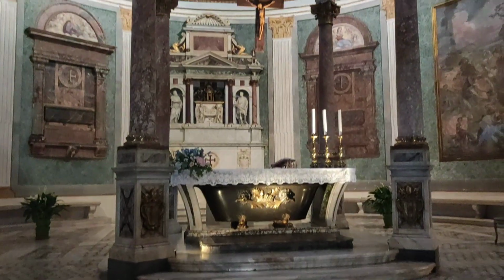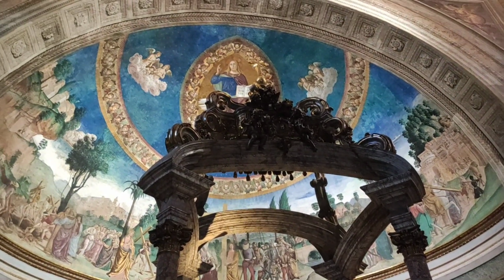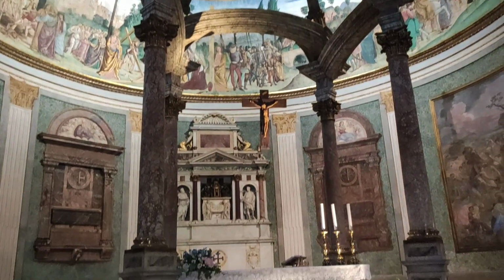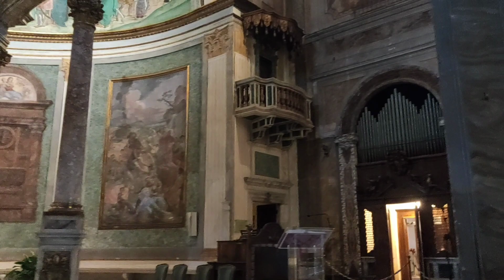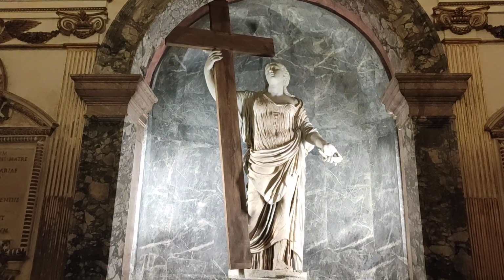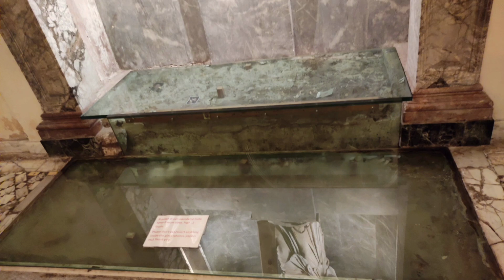So from there we entered the main basilica. The interior of the basilica was beautiful, beautiful. And it's peculiar to all the churches in Rome that above the altar there is something like 4 pillars and a canopy. From there we entered another room, where there was the image of Saint Helena, and